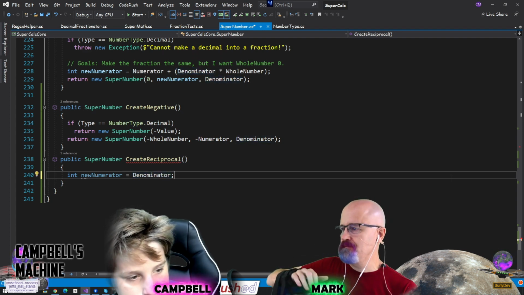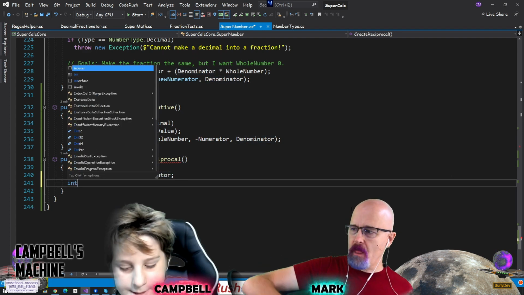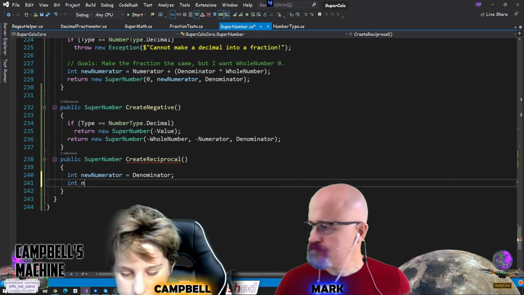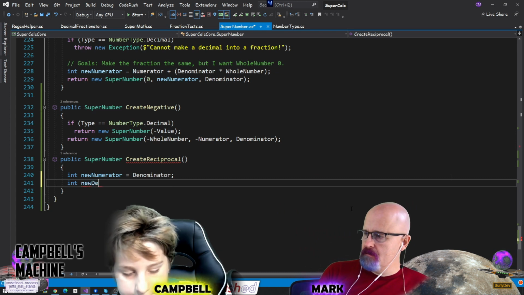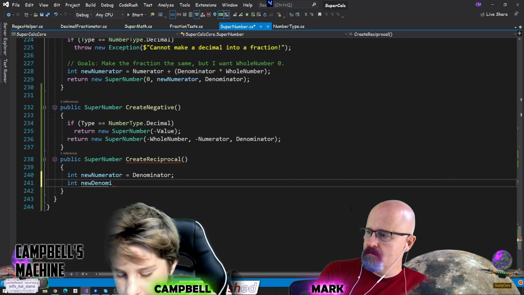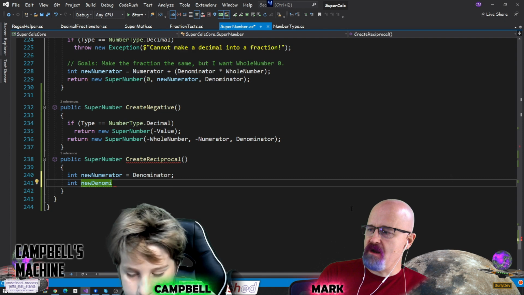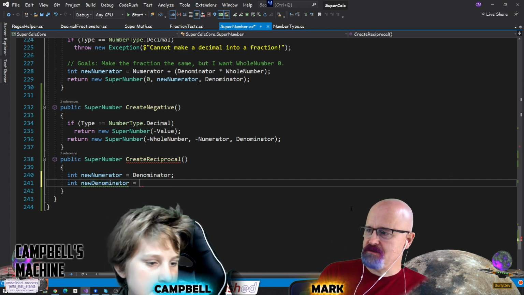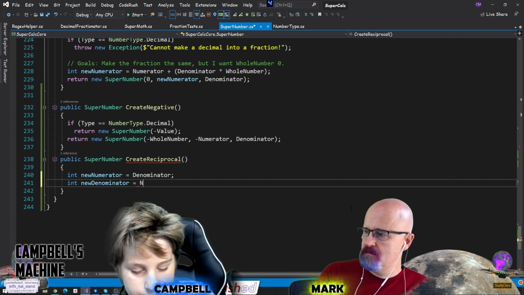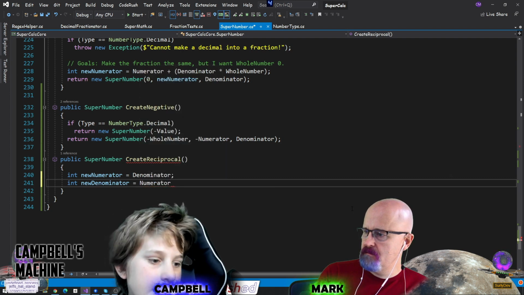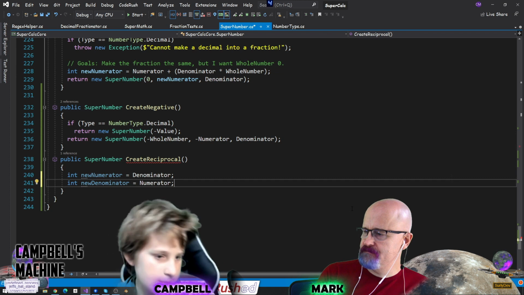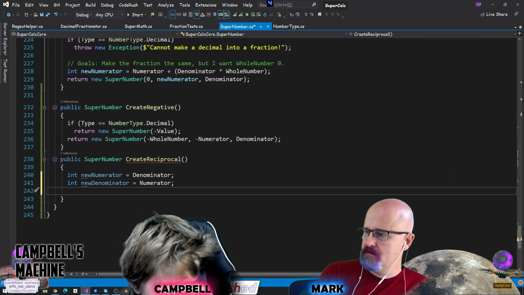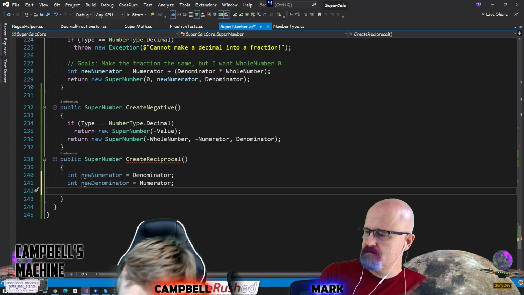And then we have a new denominator. You can save a few keystrokes using VI, variable int, if you want, the next time you need to create a new int or something like that. Is equal to numerator. Sweet. And then we need to set the